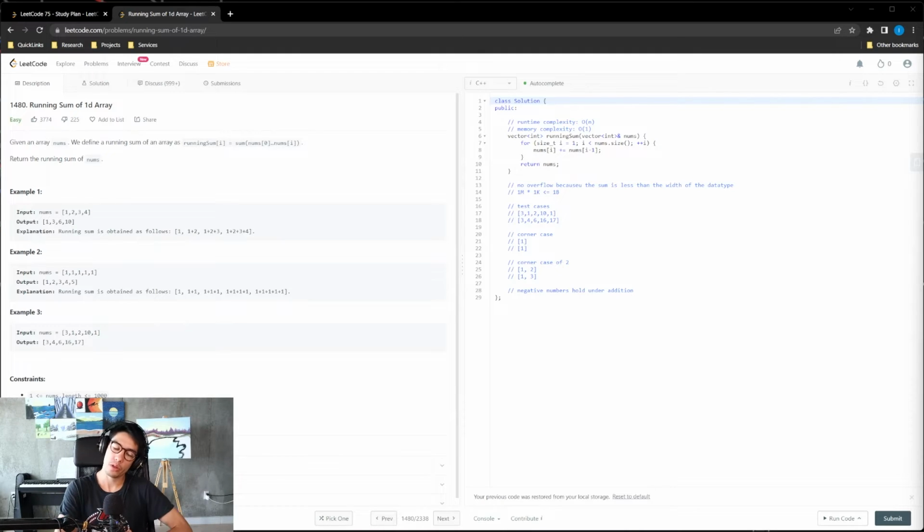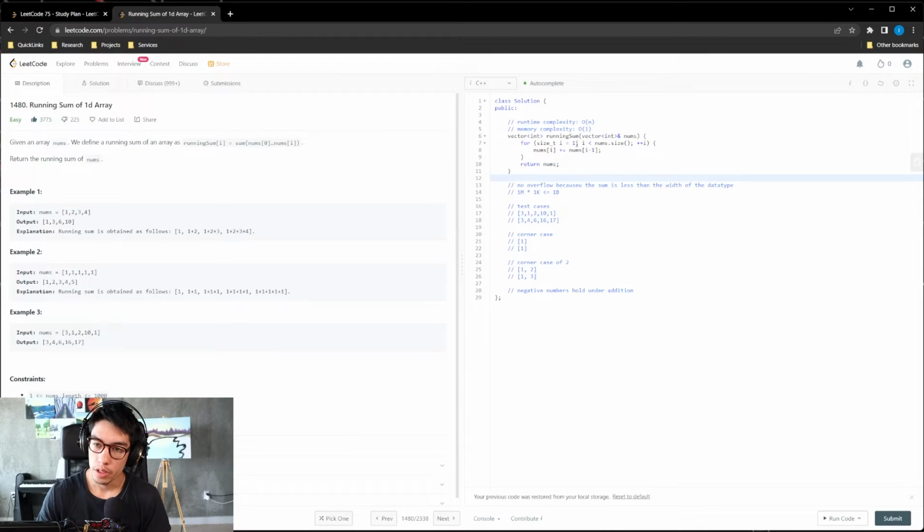So there were a couple other things that I had forgotten to do while I was recording, and I just wanted to go over them with you now. Another way of doing this is that we could have created another array or vector and stored the cumulative running sum in that array and then returned that vector. Instead, we just use the same input vector to return the answer, which is fine.